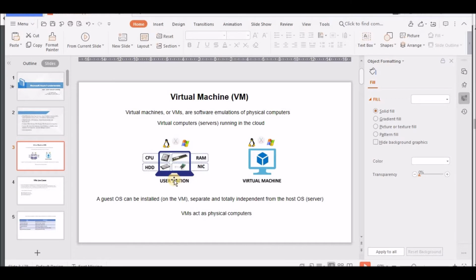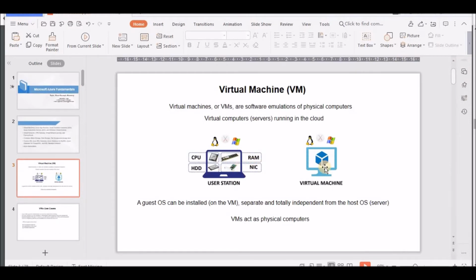If you see, you have a user station like this, you can consider your laptop also. You have your CPU, right? You have your hard disk, either HDD or SSD, and you have RAM and a NIC card attached to it, and you have an operating system installed in it. This is like your laptop. For that, they will use software like hypervisors, and there are many third-party vendors for that also. They convert it again into virtual machines. On the base, they can convert into multiple virtual machines. This is called a virtual machine.